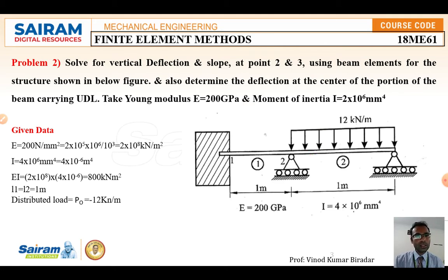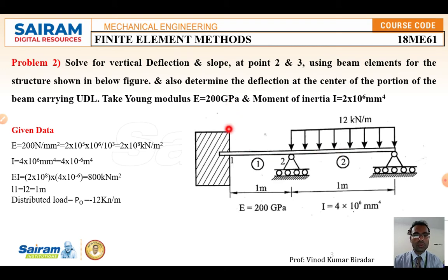After reading the question, first you understand how many elements are present in the given problem. Look at this, this is the beam element they have given, in which node number 1 is completely fixed, there is no movement and no deformation. Coming to node number 2, this is the roller support, so movement will take place along the x direction. Coming to node number 3, here also the roller support is given, so here also movement will take place.